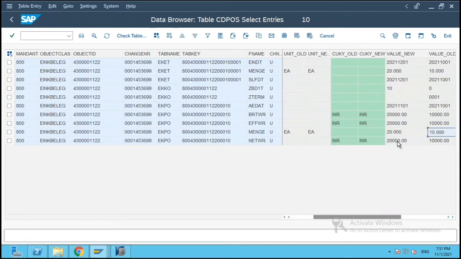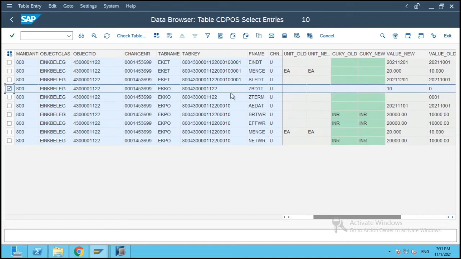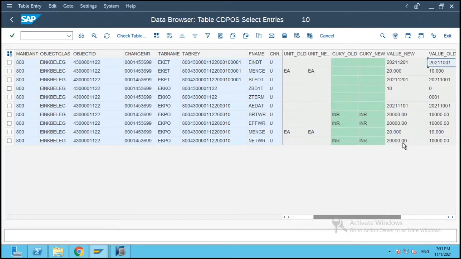And there were a few other entries, fields which were calculated indirectly. The user has not changed those fields, but they have been changed using some logic, customizing logic or BADI or whatever it is. All these fields also get logged. If you see over here, we just made two changes, one to the payment in days and the quantity. However, there were other fields also which got impacted. So for all these entries, the old value and new value get recalculated.